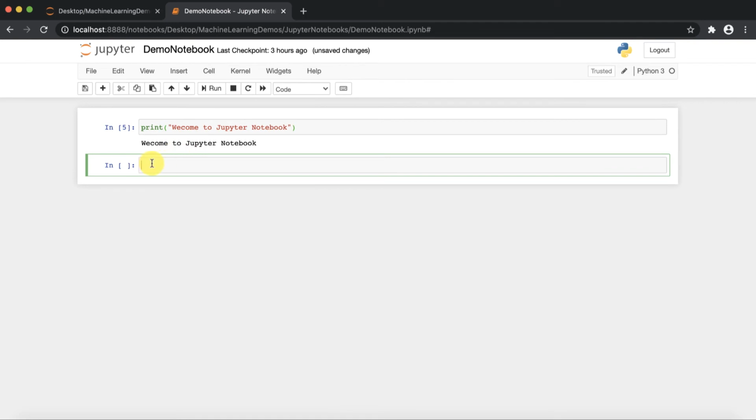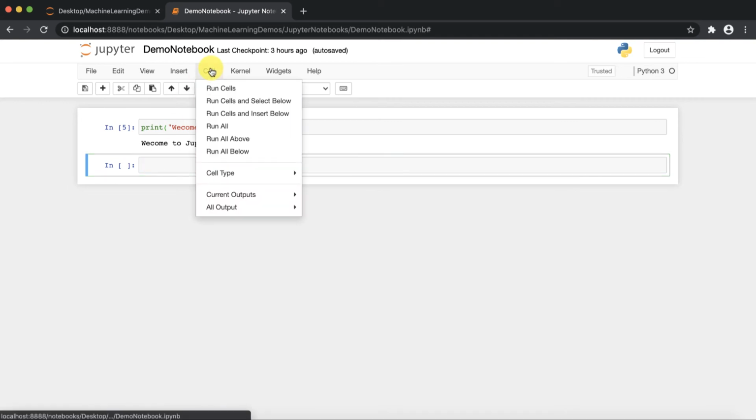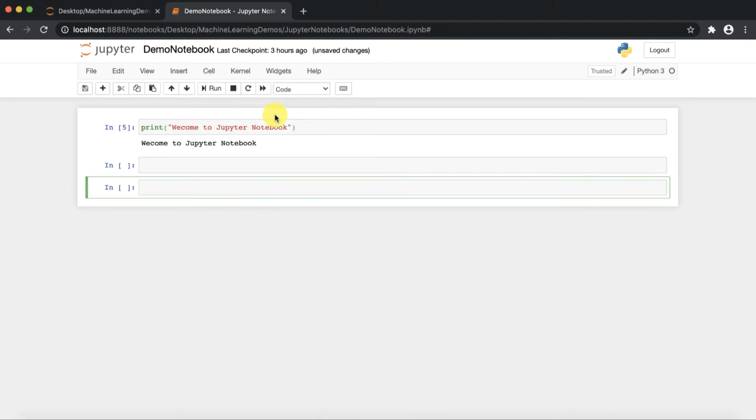Now, suppose I click on run cells and select below, then you can notice that it will add one cell and take you to the edit mode. Now, if I click the third option, run cells and insert below, you can notice over here that we already have one cell, but it is adding another cell.